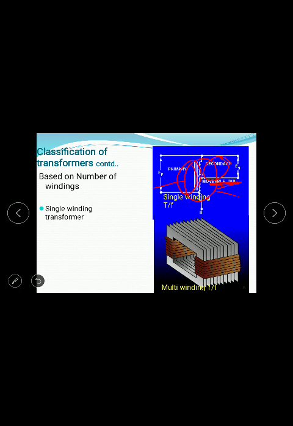But in this other case, there is another winding. We are using two windings, but here the winding is one winding only. Primary and secondary share one winding, that is the auto transformer. Here the multi winding has different windings. So this one is a multi winding, and this one is a single phase winding.